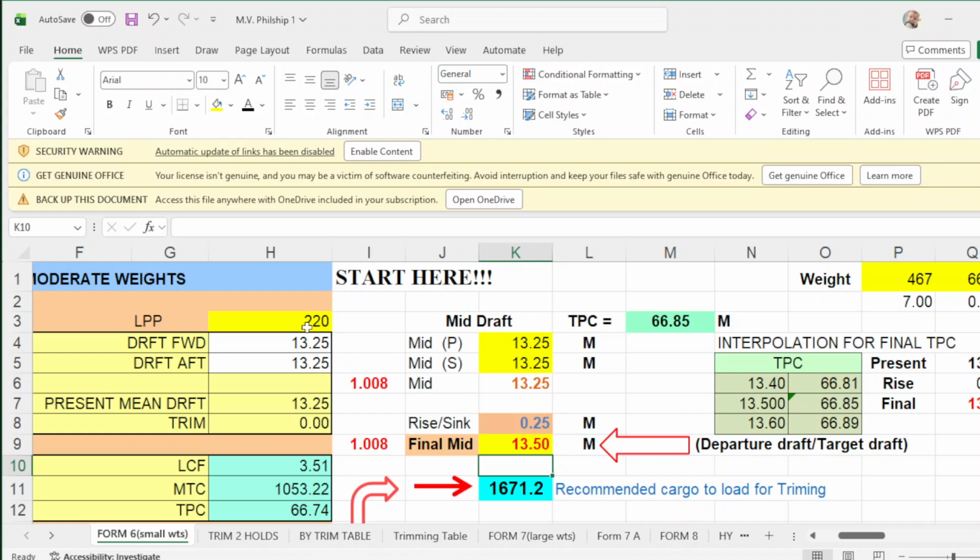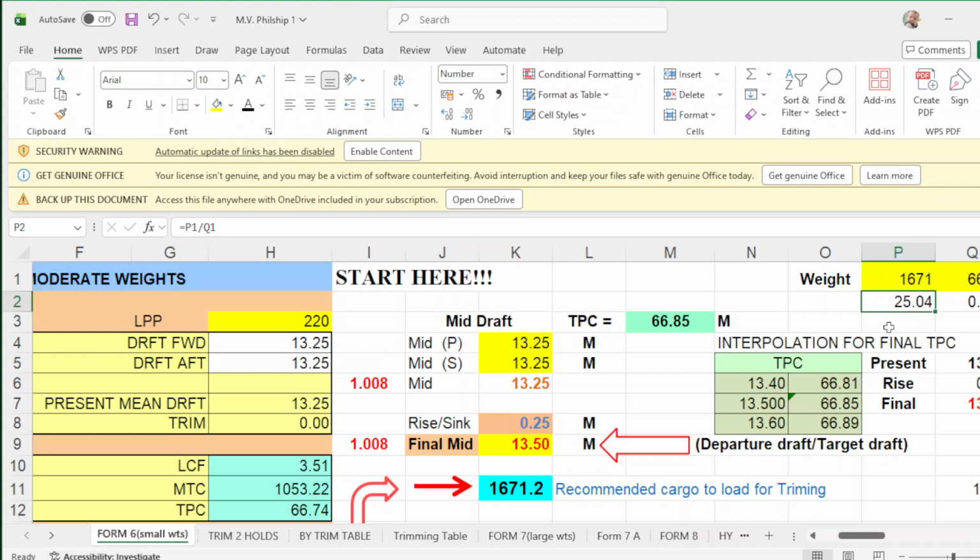So take note of this initial TPC from your initial draft or present draft. So this 1671, I put it here, the weight 1671. Then you put the initial TPC of 66.74, which is this one. Okay, so 1671 divided by your TPC of 66.74, that will be 25.04.